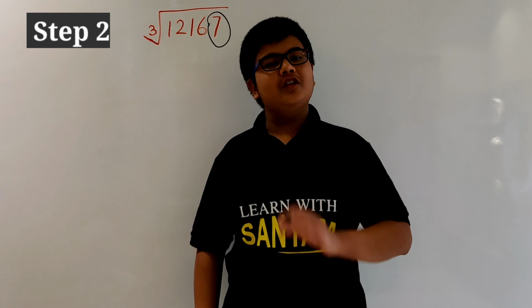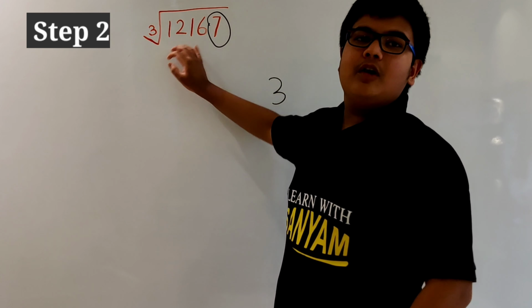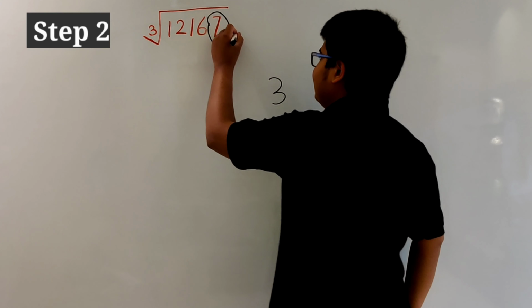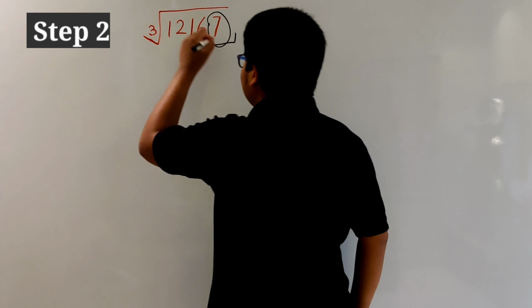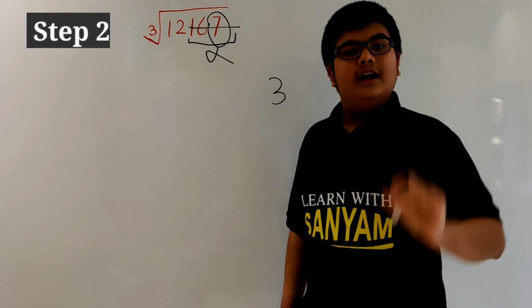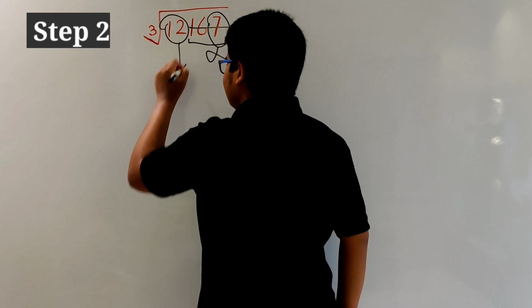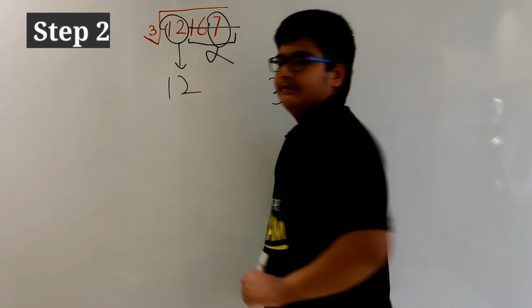In step 2, what you have to do is ignore the last 3 digits from the right hand side. So starting from the right hand side, you have to ignore 3 digits. So we don't have to look at 2, 9 and 9 now. We will deal with only the other digits, that are 9 and 7 and 0. So we will deal with only 970.